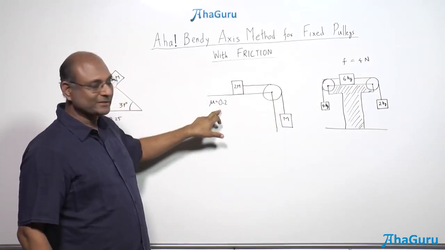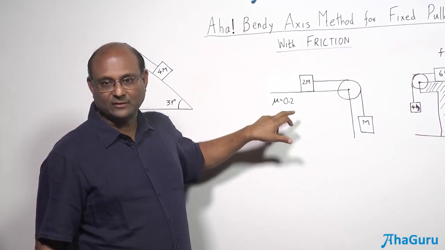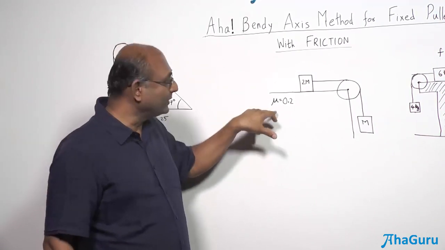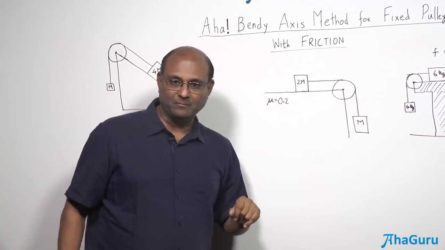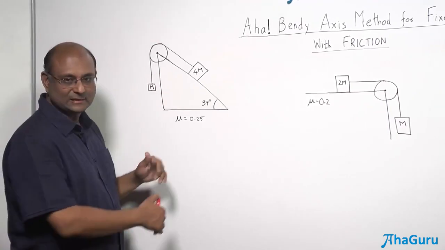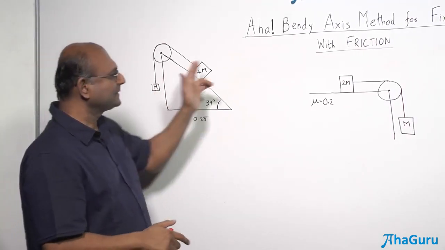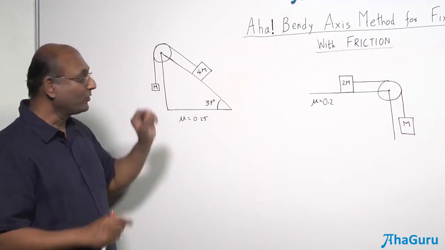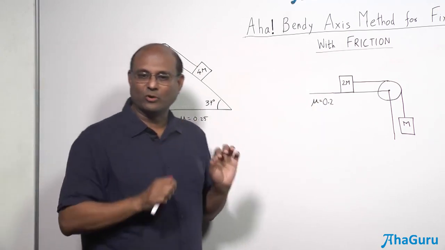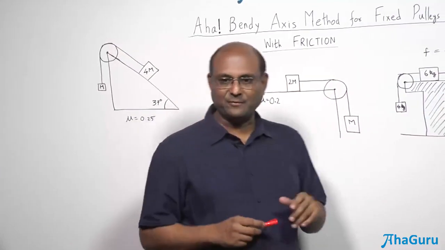In other cases, obviously you are not given the friction value, you are given the friction coefficient. So that means you need to calculate the friction and then do the problem. And of course, the last case is when you have an inclined plane and you have the friction coefficient given, in which case it's similar to this, except that your normal force calculation becomes a little bit more involved. Okay, let us start from the first one.